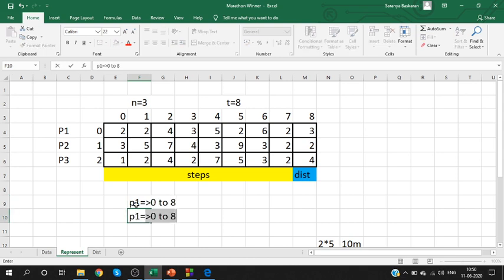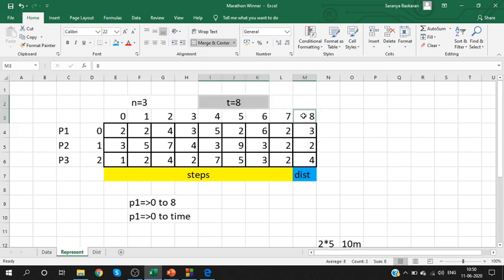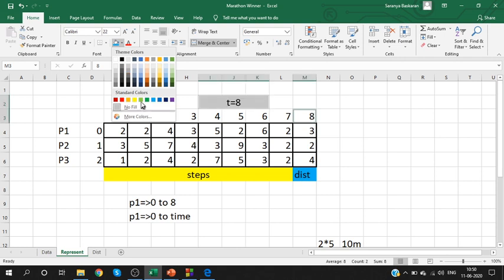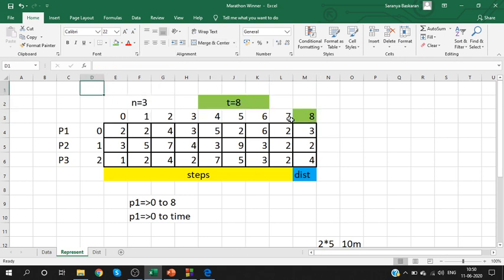The index starts from 0 to the maximum time. If it is 8, the last index will be 8 because you have 9 elements. So for columns, the last index will always be the t value.